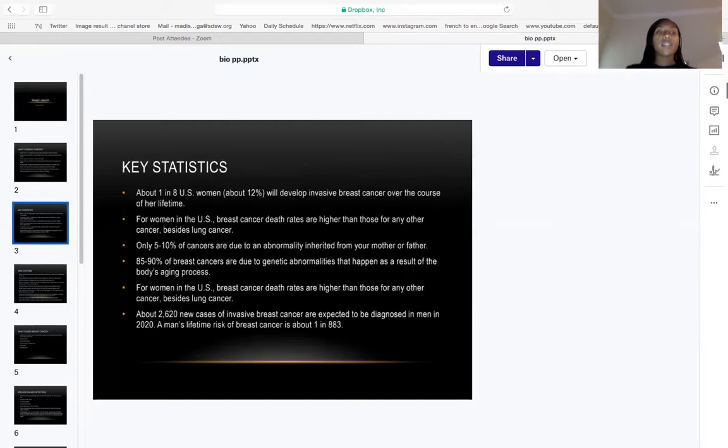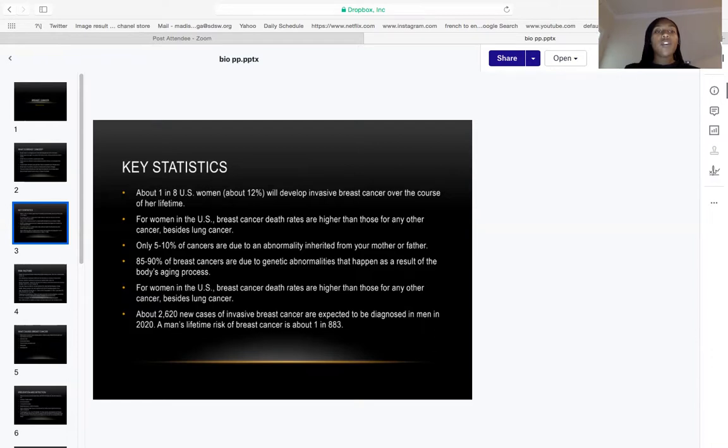Key statistics. About 1 in 8 U.S. women will develop invasive breast cancer over the course of her lifetime. For women in the U.S., breast cancer death rates are higher than those of other cancers besides lung cancer. Only 5 to 10% of cancers are due to an abnormality inherited from your mother or father. 85 to 90% of breast cancers are due to genetic abnormalities that happen as a result of the body's gene